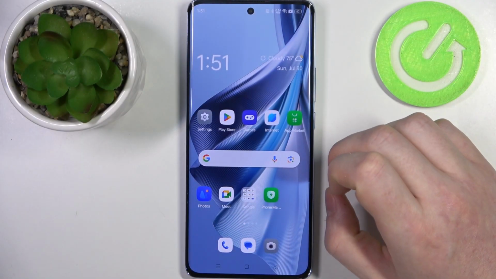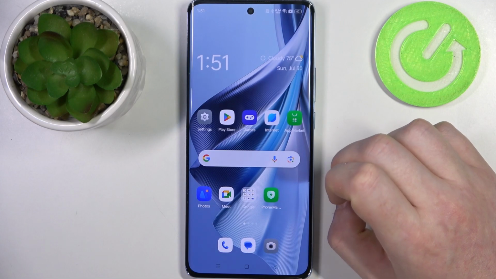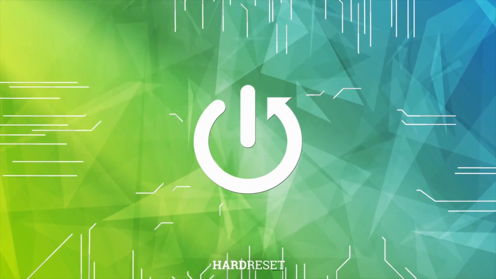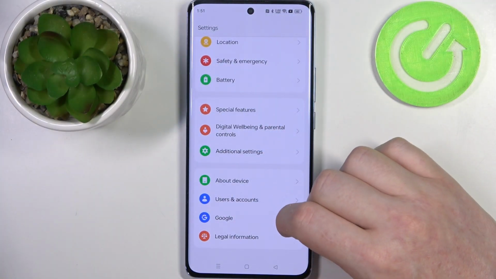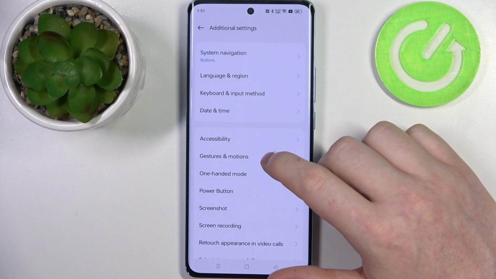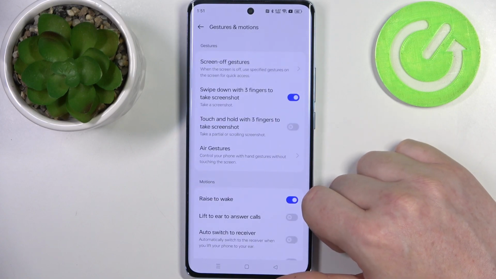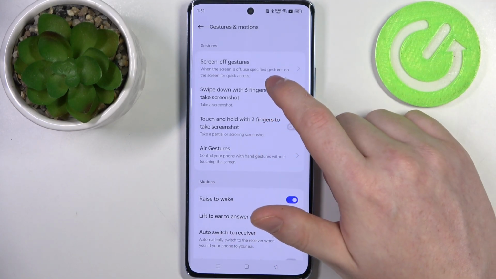Hello, in this video I want to show you all available screen off gestures for Oppo Reno 10. To do this, we'll need to open our system settings, then scroll all the way down and find additional settings. Here, select gestures and motions, and there's a whole lot of different gestures, but we're gonna go for screen off